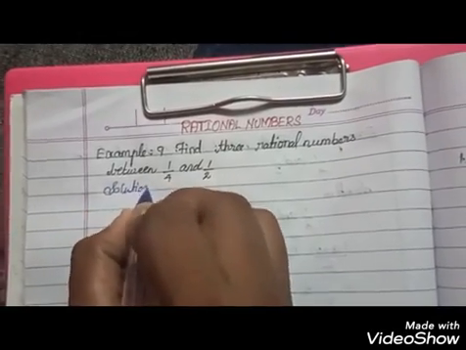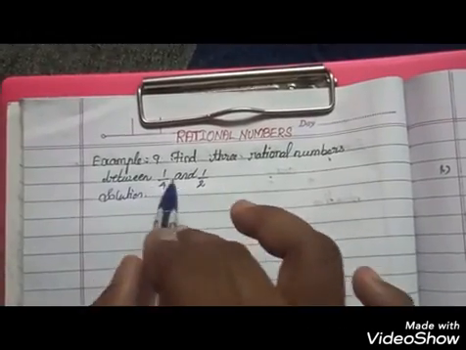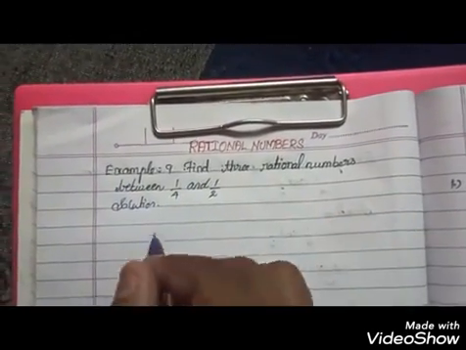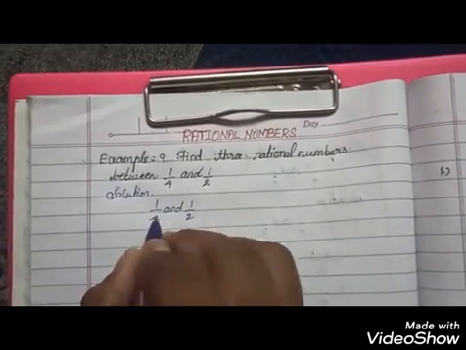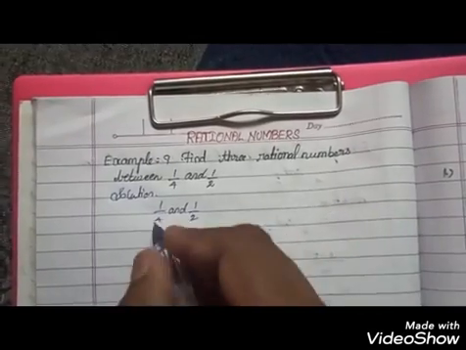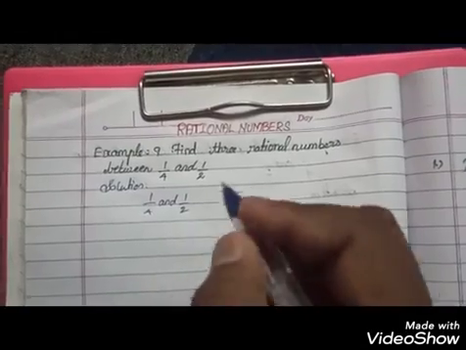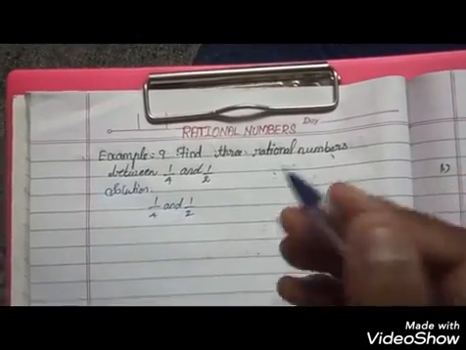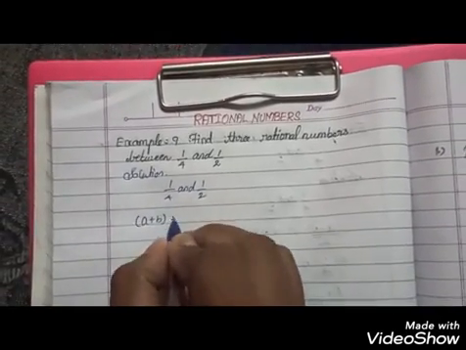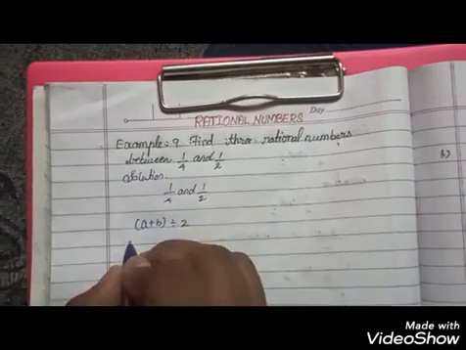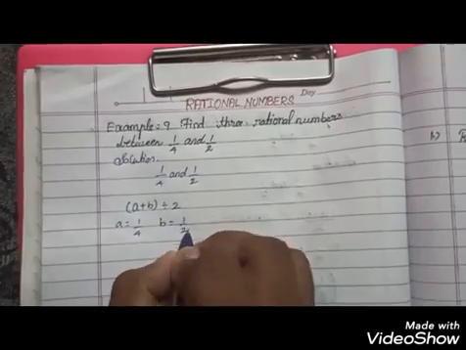The solution, already you know how you find the average: you need to add these two rational numbers and divide by 2, the same condition. So 1/4 and 1/2. In the previous question also it was the same, 1/4 and 1/2, and you got 3/8 as the rational number, but whatever it is we have to calculate it again. Okay, just let me recall it: (A plus B) divided by 2. Here A is equal to 1/4, B is equal to 1/2.